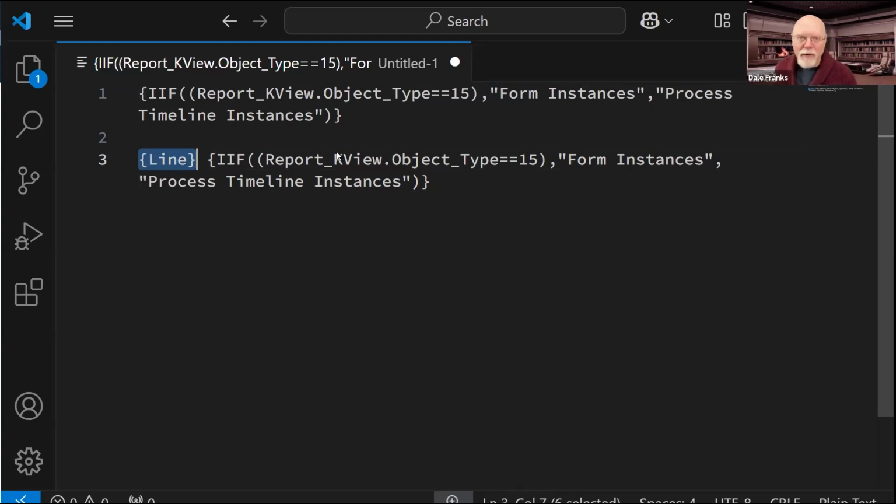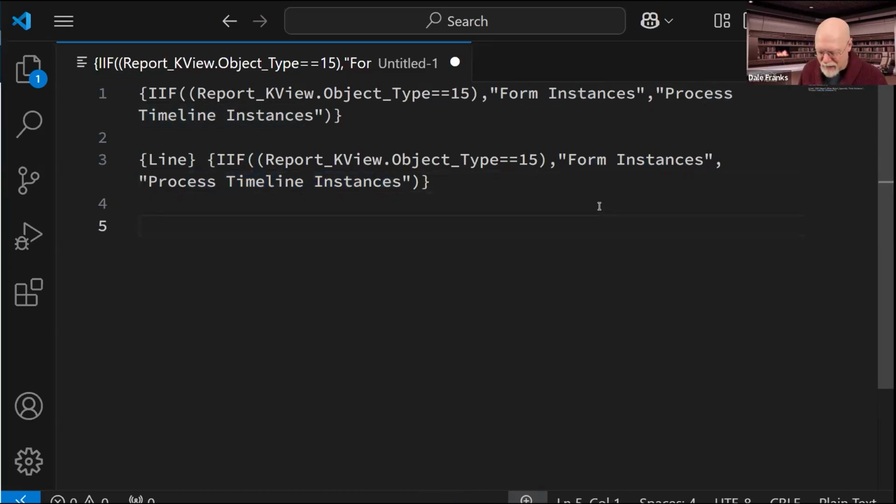So I'm at the very bottom of a group, so it should show me the total number of rows that it encountered in that group and print it out. Then I've added a space, and then a very similar if statement. Check the object type. If it's 15, then print out form instances. If it is anything else, print out process timeline instances.